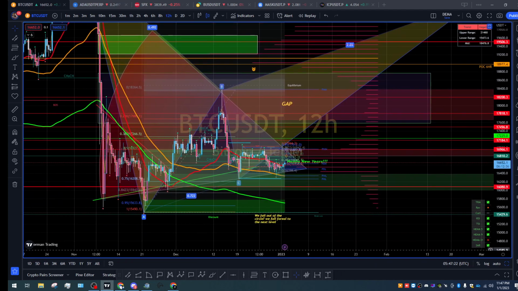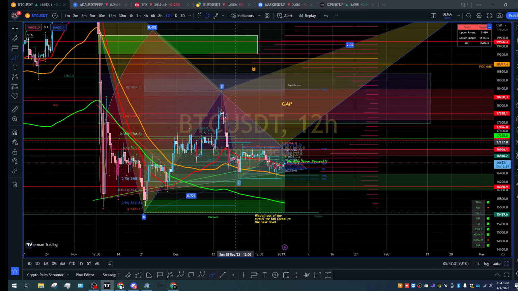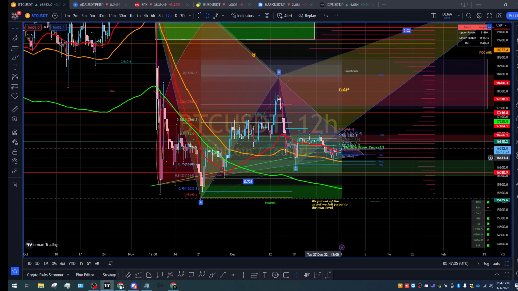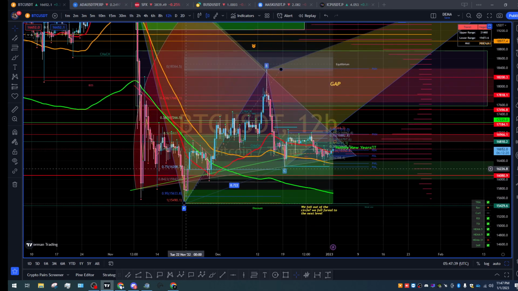Looking at it on the 12 hour, we have this huge gap right here that I still want to see filled. I still want to see that filled. If we look at my projection triangle, we can see it will adjust itself to scale. So these areas here in price, it will constantly hit, right? So we're seeing it tap